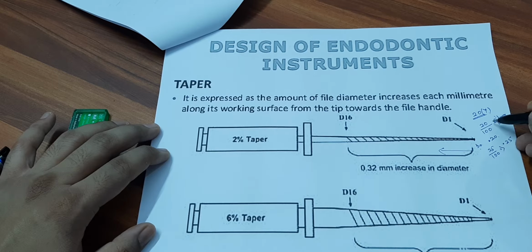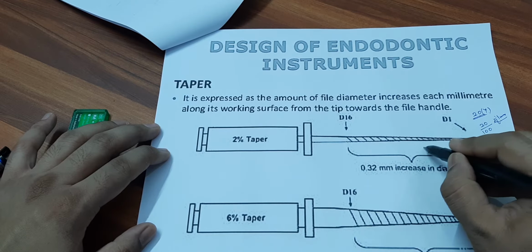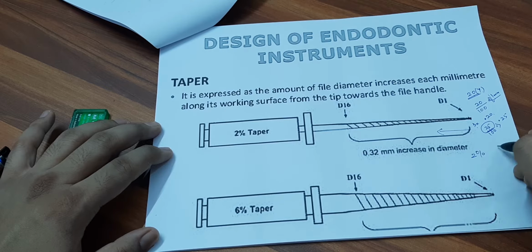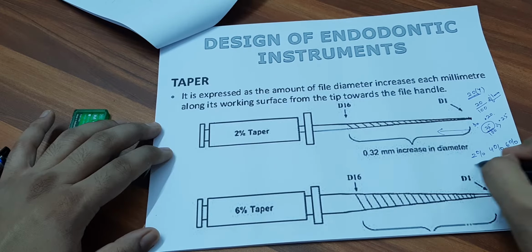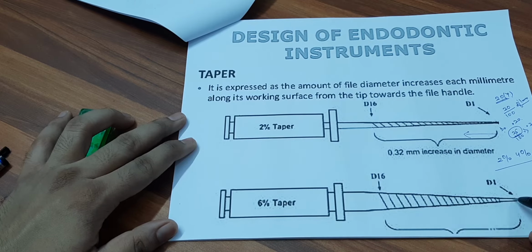Okay, so we have these numbers along with the file. First of all, understanding the number is important. 20 number file, 25 number file, we have to understand all this. Now we can see that this is increasing. So why is a 2% file different from a 4% file or a 6% file? Can you see there is a progressively bigger size here?